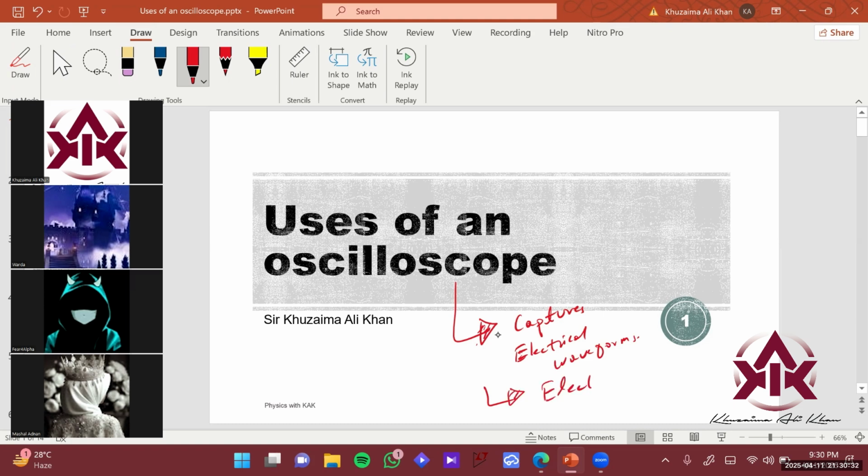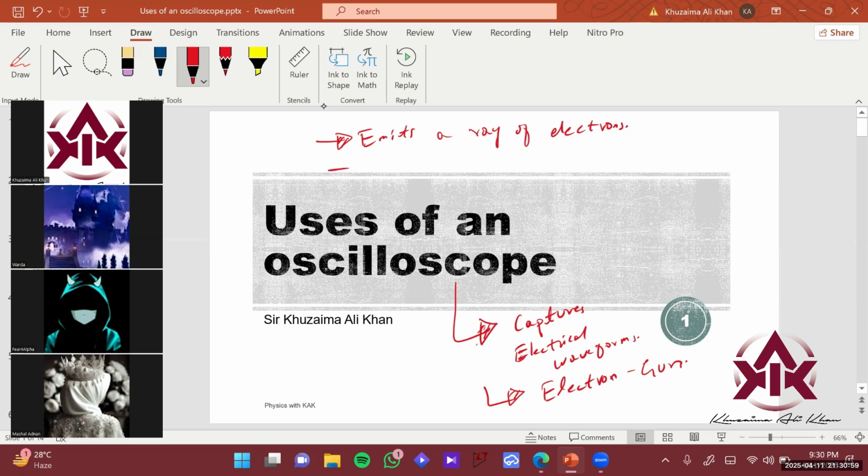You have learned this in your chemistry or in physics lectures. Okay, what is an electron gun, right? Basically, it emits electrons over here, right? So oscilloscope basically does what? It basically emits a ray of electrons,